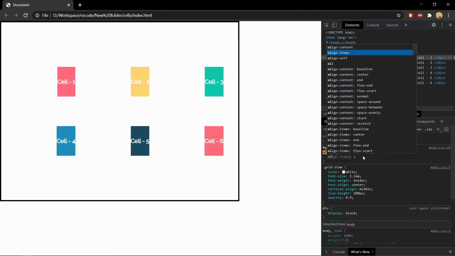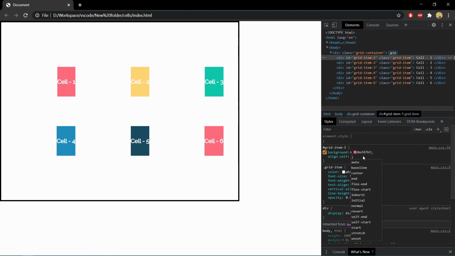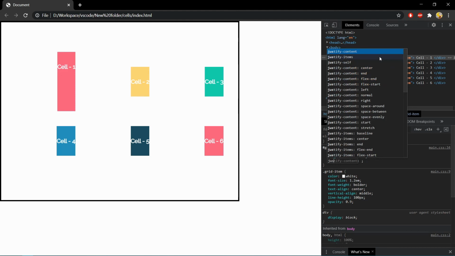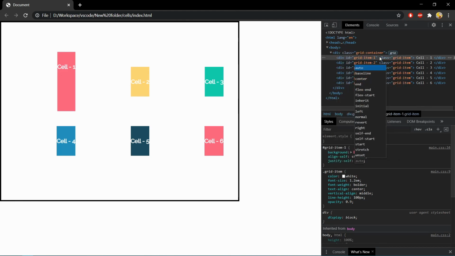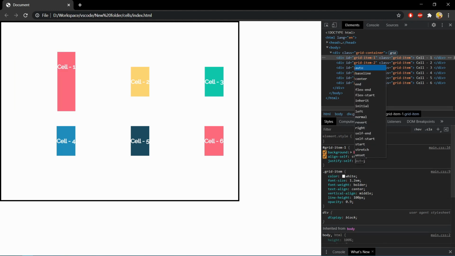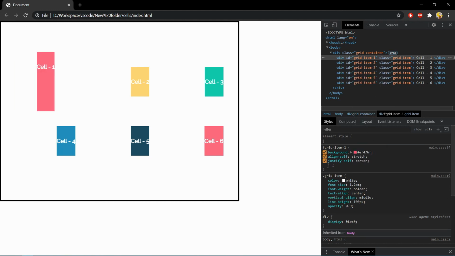And here if I use align self, again align means control position over the y-axis. So let's use the default stretch property over here. So you can see the item got stretched over the y-axis. And if we want to control position over the x-axis, then we have to use justify self. And I will use the same stretch property. So now you can see the item got stretched along the x-axis. There are many interesting properties. You can try them out and see what works for you and what makes your layout beautiful and use accordingly.